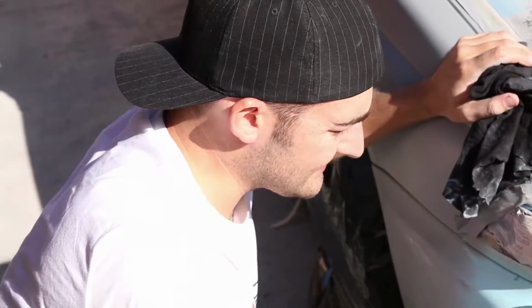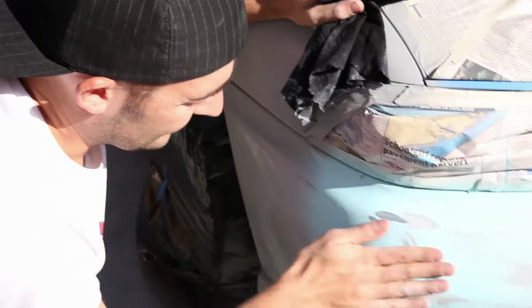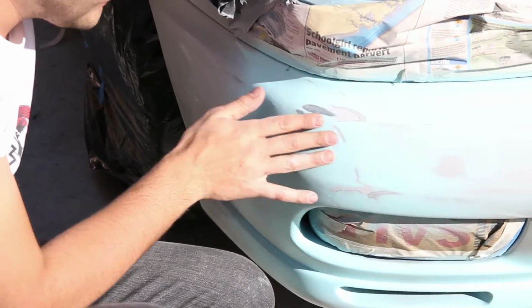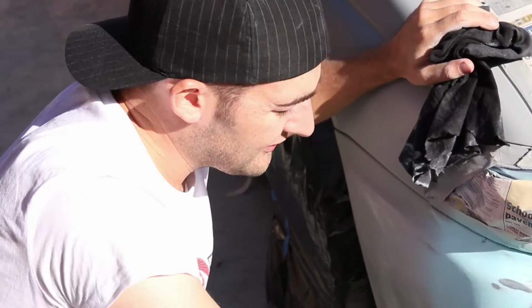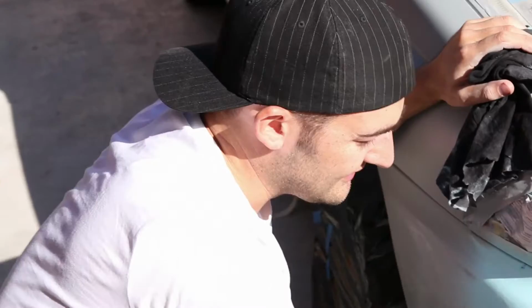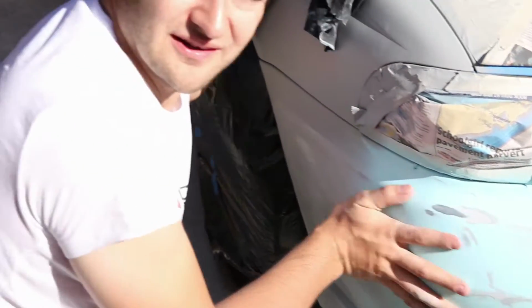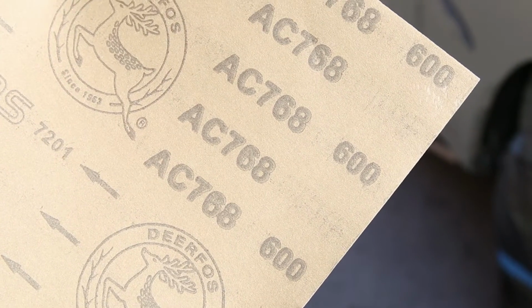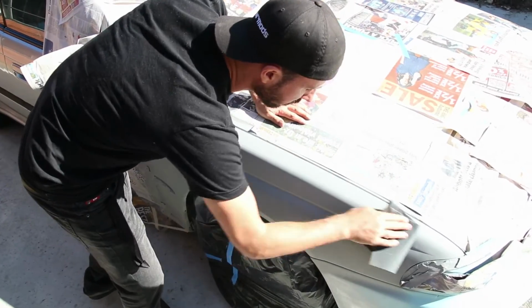So as always, it's best to check it with your hand to make sure that it's flat, because sometimes it might look flat, but when you feel it, you can feel a little bump. And the idea with the primer and with the filler primer is to get it as flat as possible and just sand it back. It'll take a couple of goes, but it'll be totally worth it when you've done the top coat. We're giving the guard a light sand with 600 grit sandpaper to make sure it's smooth and ready